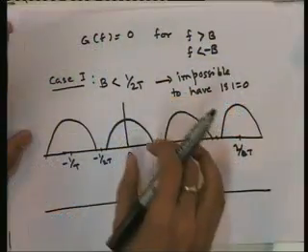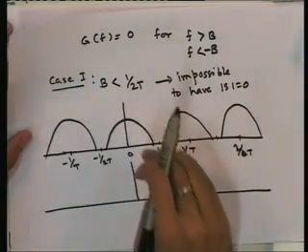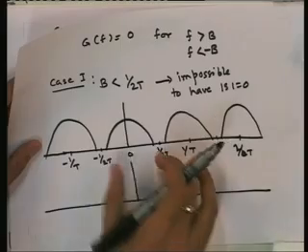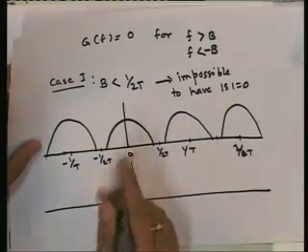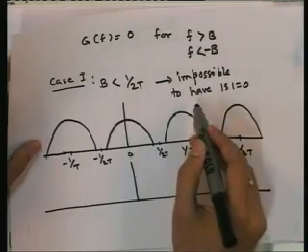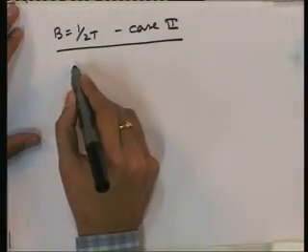So B equal to 1 by 2T. Here also what will happen is, in the previous case it was strictly less than 1 by 2T, but for equal to 1 by 2T, these ends will touch, but there will be no overlap certainly. So the addition will be just itself in this section. So for the addition to be 1 everywhere, this pulse itself should be 1 everywhere in this range. So the only possibility is,